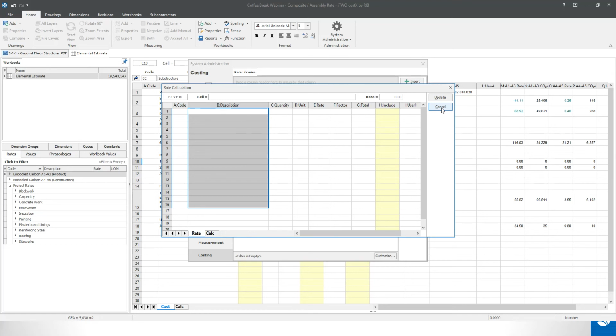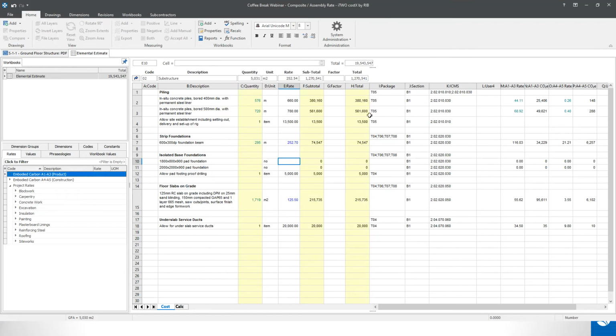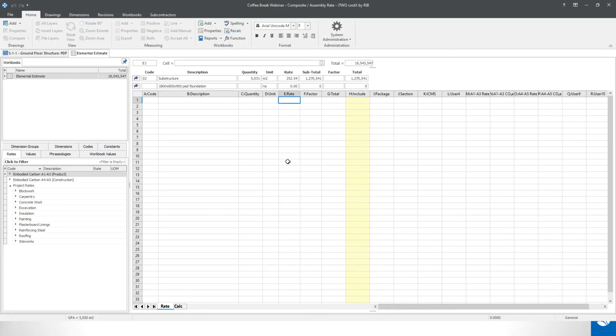One of the other methods, which may be preferable, if I close out of the system administration, is to actually build the rate up in the workbook itself. This is the method that I'm going to be utilizing. So I'm just going to double click in that rate cell to drill down into my rate sheet, and we can start dragging our rates into the rate sheet. So the first thing we're going to do is just type in over here, assembly. What is that made up of? Well, we'll start with some